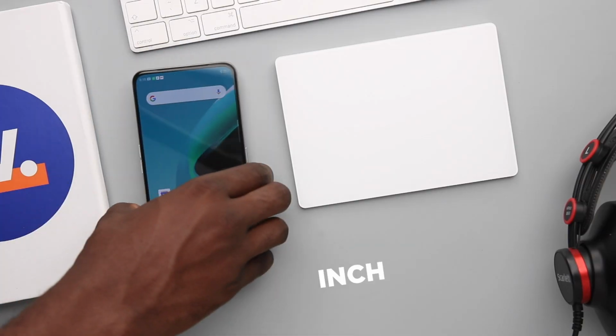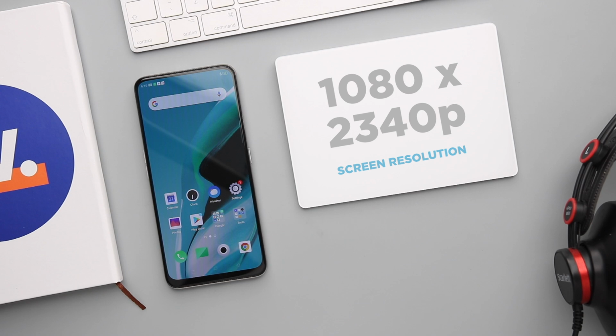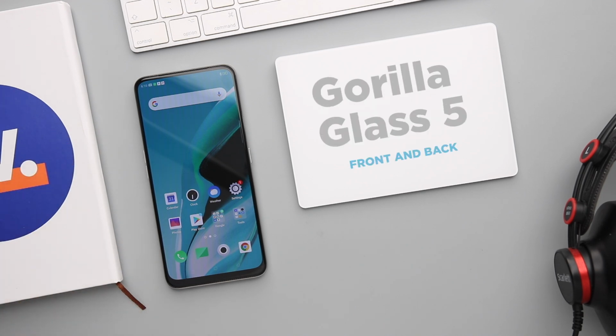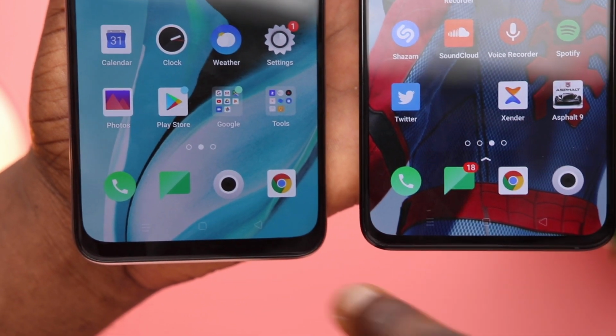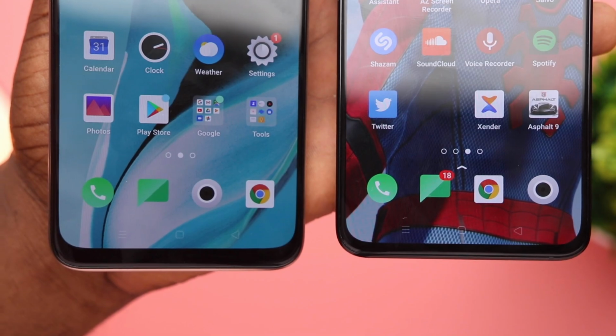Yes, the Oppo Reno 2F is a 6.5-inch AMOLED panel with a screen resolution of 1080 by 2340, a 19.5 by 9 aspect ratio display, 85.1% screen to body ratio, 394 ppi, and is enclosed in that Gorilla Glass 5 panel. As I mentioned in the Reno 2 review, the bottom bezel of the Reno 2F is noticeably bigger than the Reno 2. The Reno 2F comes with a lot of features that the Reno 2 comes with internally from ColorOS 6,